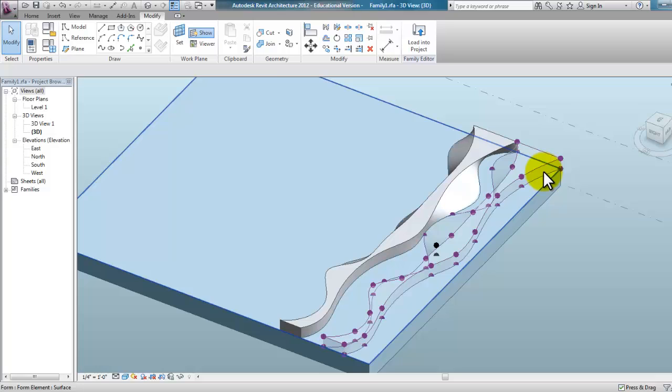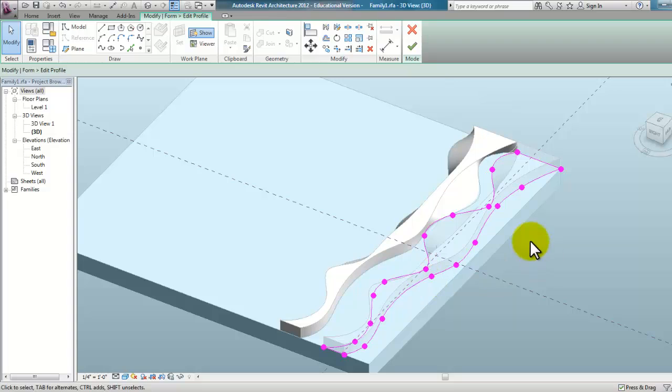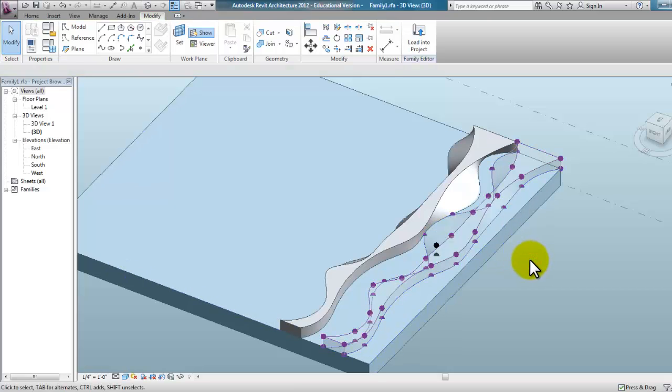So here I'm tabbing to the bottom surface and selecting it, and then I'm going to pick Edit Profile, and by picking Edit Profile, I'll have access to those little through points or those shape handles, and tabbing through to get to one of those shape handles, I can use those arrows to modify them. If you modify it too much, then you won't be able to create that shape. You can then pick the green check mark to